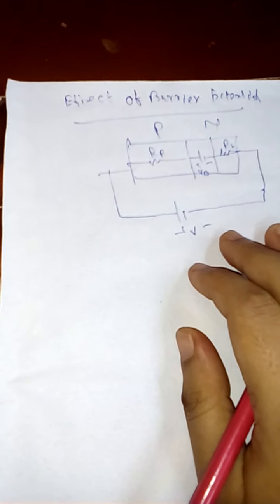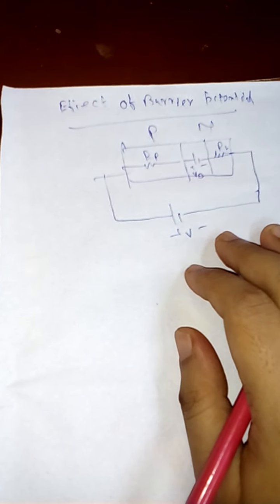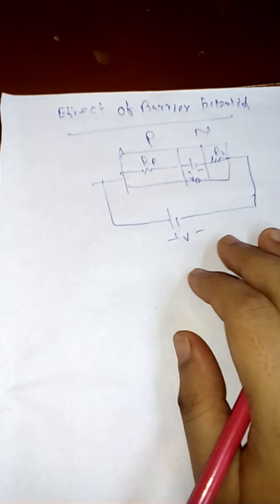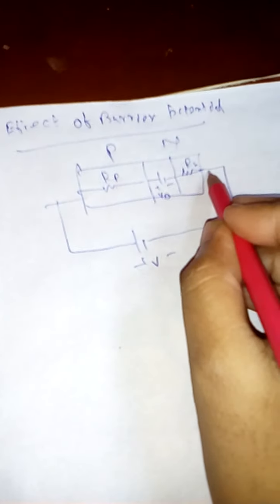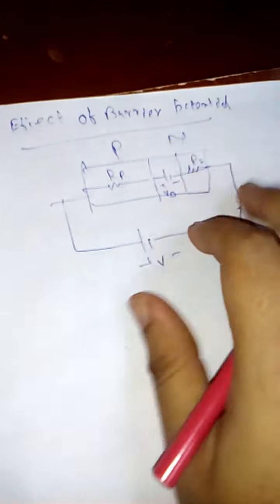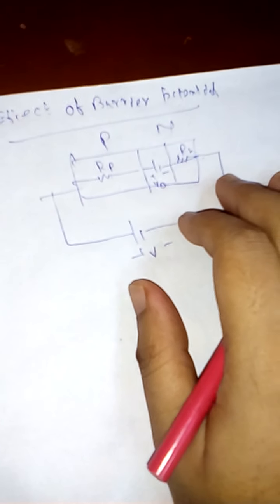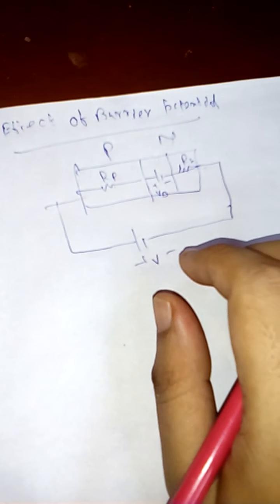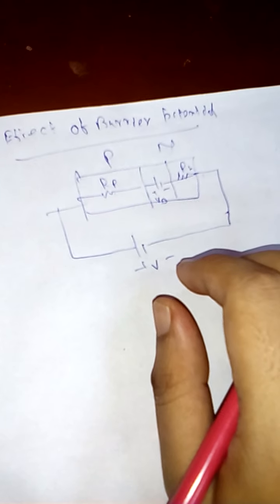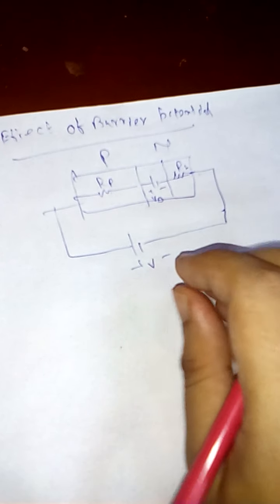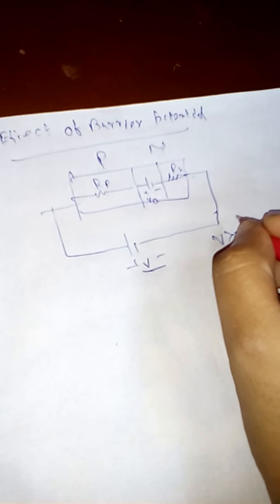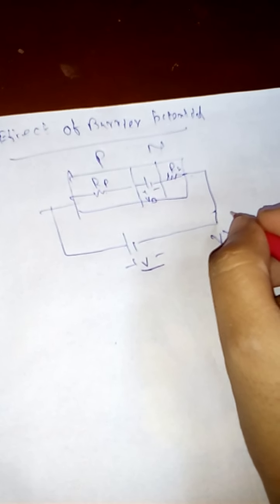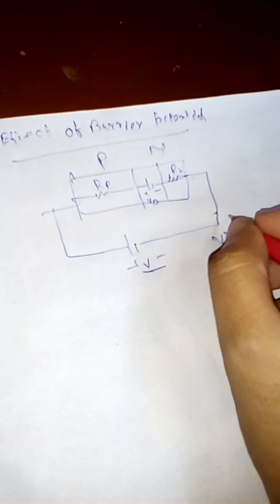The barrier potential of the depletion layer acts like a small battery which opposes the external DC voltage. RP and Rn are the bulk resistances of the P type and the N type. The p-n junction does not permit current to flow until the external bias voltage overcomes the barrier potential, meaning V is greater than VB. For example, silicon, the p-n junction does not conduct as